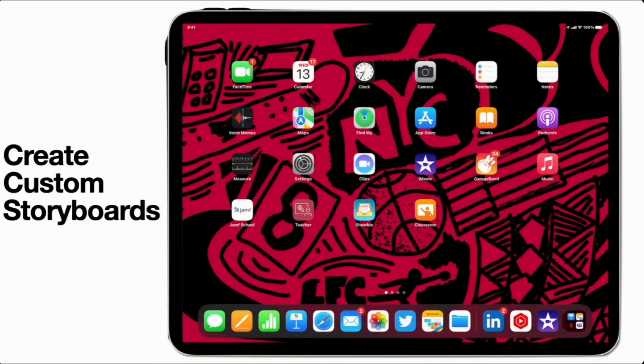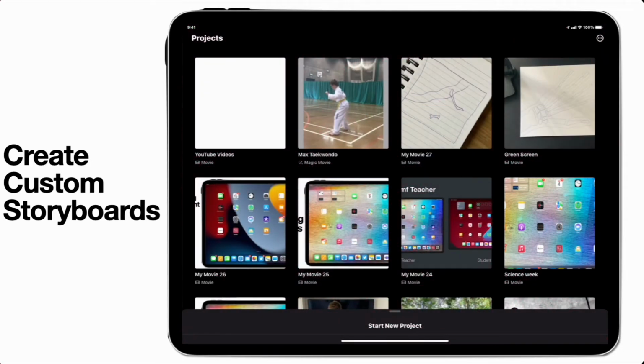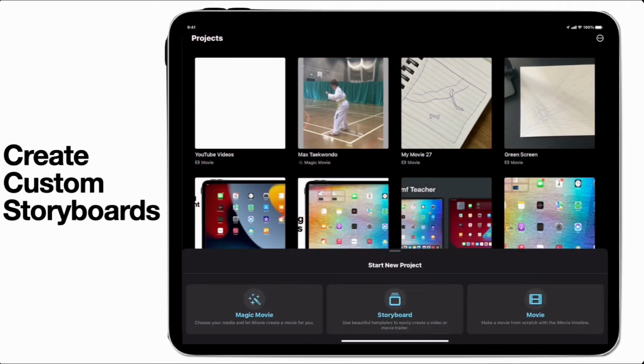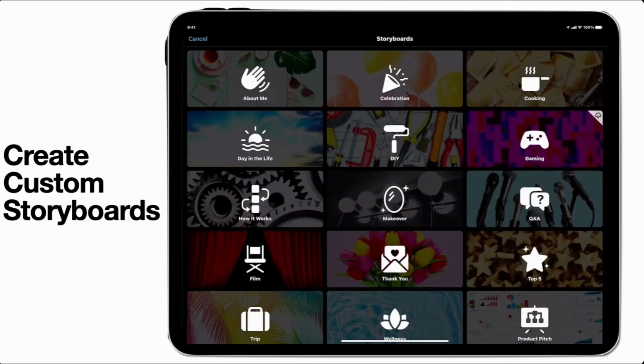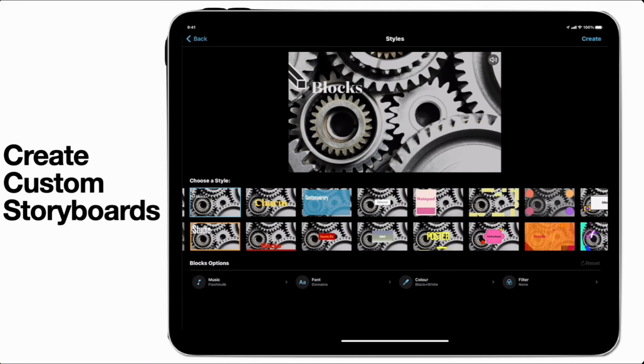Storyboard feature in iMovie, there are some additional things that you can do if you want to customize these. So let's jump into iMovie and start up a new project. Jump into our storyboards and let's choose how it works as an example here. Now you can go through your initial choice of styles that you want to use, but let's have a look at the storyboard itself and how you can make this bespoke depending on the scaffold you want to create for